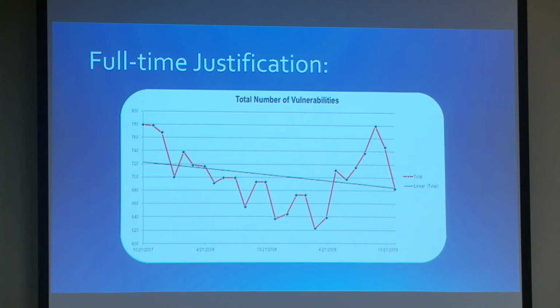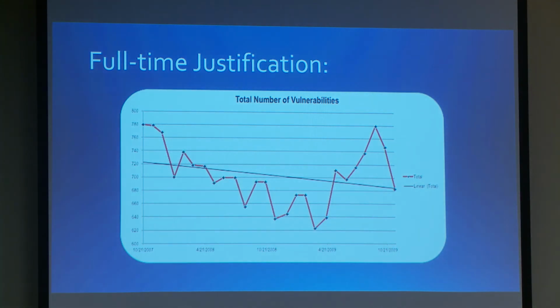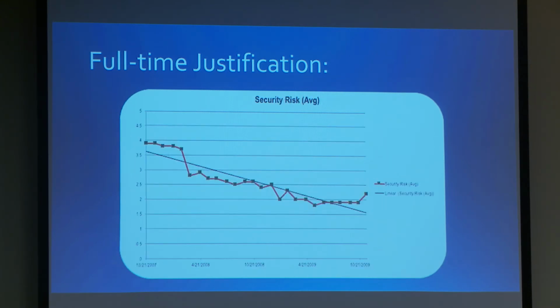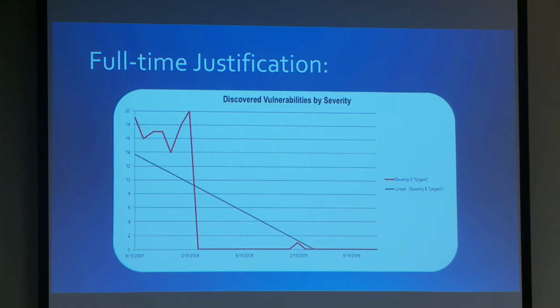I started by saying, security is my passion. I really want to do this, and I want to do it full-time. And then I backed that up with the metrics by saying, I'm damn good at this, right? Look at this, total number of vulnerabilities. You can see it going down, down, down. There's my trend. Hey, by the way, they added a system that had a lot of vulnerabilities in it. We fixed that. We went right back down, right? And then here's my risk average, the one that we showed earlier. And you can see that going down, down, down.